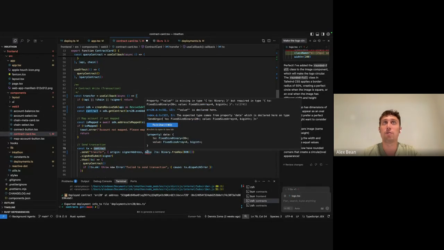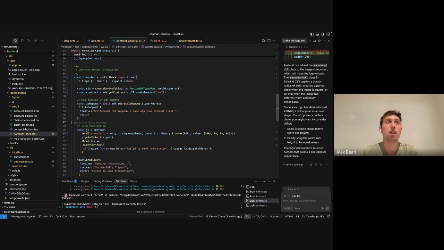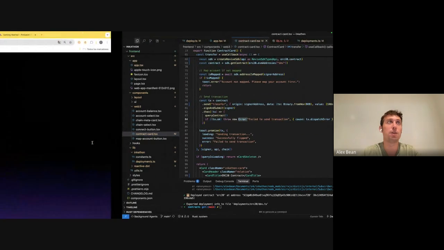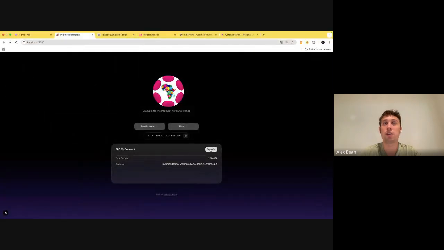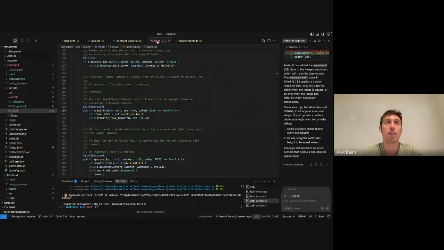Okay, now the data is complaining that we need the value. So again, as we did before for the value, we need to specify it with that format, and the value. So everything seems green now. We're gonna have the button. If we go here, we're gonna have the button transfer, and if we click, it's gonna do the transfer. But maybe let's start something here where we can see the balance of Bob before the transfer and after the transfer. So let's do a query